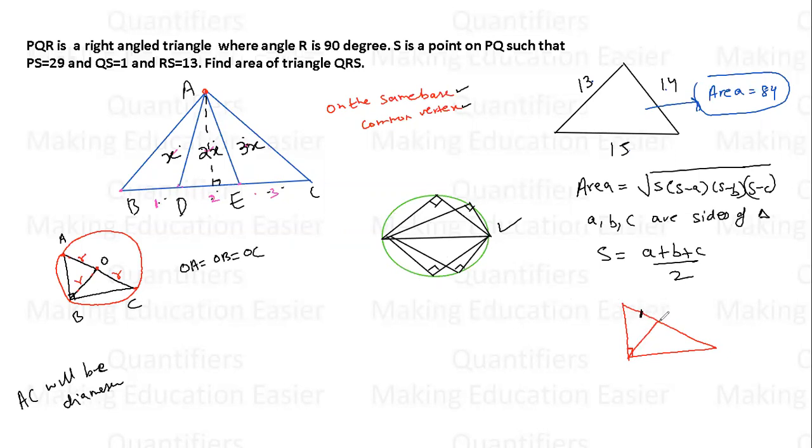जितनी ये लेंथ होगी यहां से यहां तक, उतनी ही ये लेंथ होगी यहां से लेकर यहां तक, और उतनी ही ये वाली लेंथ भी होगी, right? All three lengths will be equal to each other. I hope this point is clear to all of you. Just remember, from 90 degree angle, if you draw a median, then all three lengths will be equal to each other. Students, all these three concepts you should be aware of. Only then you can solve this particular problem.